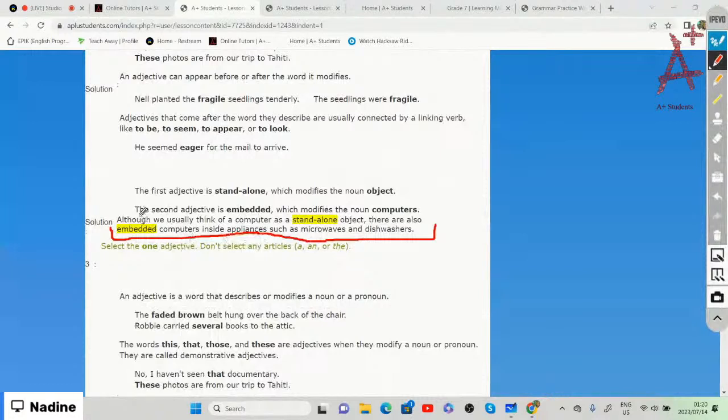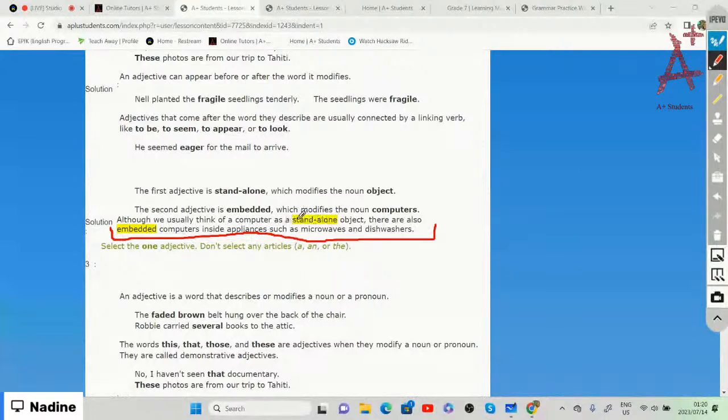Although we usually think of a computer as a standalone object, there are also embedded computers inside appliances such as microwaves and dishwashers. So there they have identified and highlighted two adjectives within that sentence,